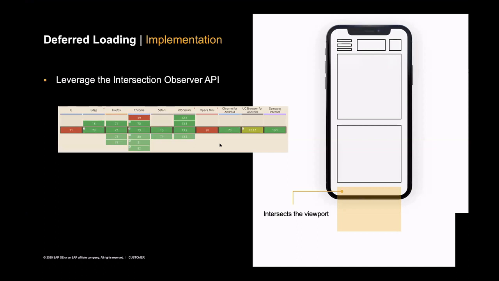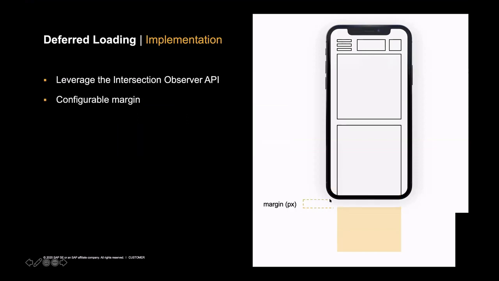But if we do have access to the Intersection Observer API, then we're basically observing when an element intersects the viewport. As soon as that happens, we will then start loading this component. And as I said before, you have this additional margin, which we can specify. I think in my configuration I set it to 50 pixels, but it's up to you what you want to use there. This is basically there to predictively add stuff into the viewport, or load it up front. Maybe I shouldn't use the word predictive, because predictive loading is another strategy I'm super interested to add later to Spartacus, but that's not what we're doing now.